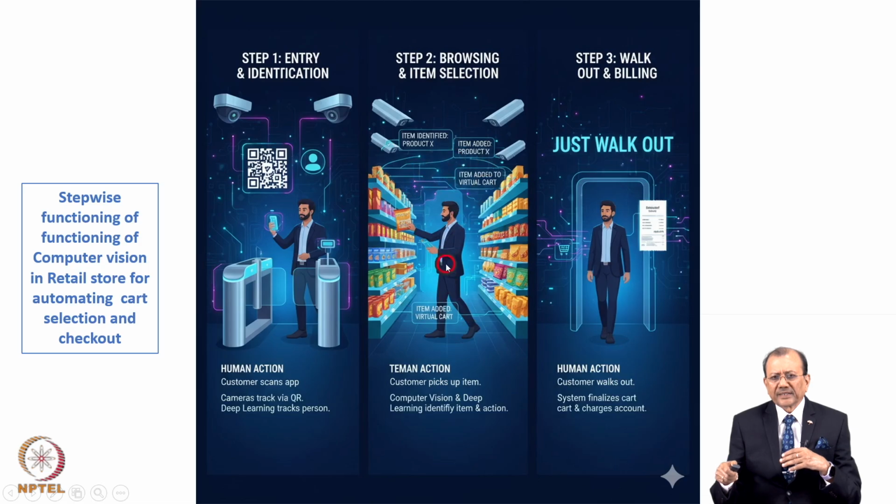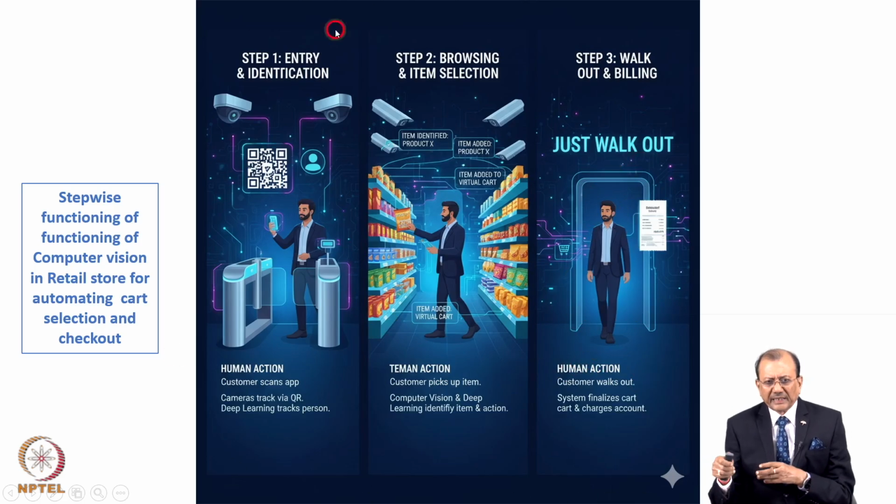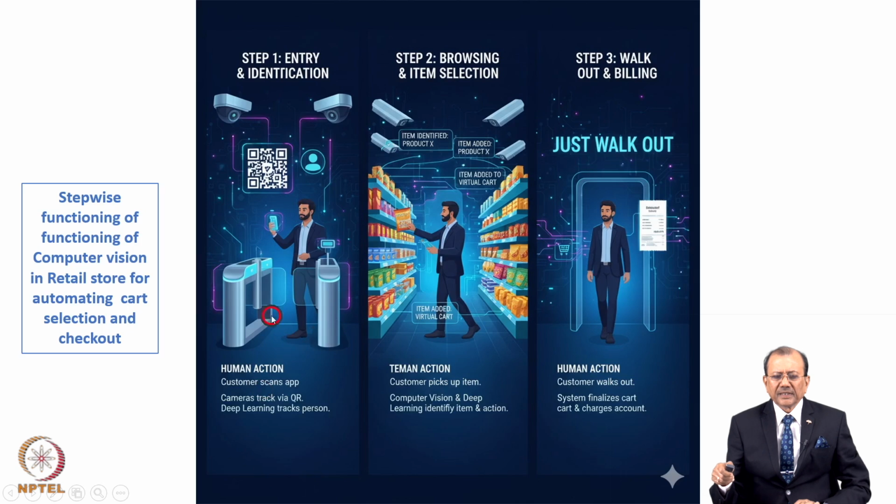Not one item, two items, three items. And computer vision cameras are all the time watching and seeing what this person is selecting. And once his selection is over, at the time of walkout, he need not pick up everything. He will find all these items in the out tray, and the payment will be directed from this payment system. So this is a complete action which is done automatically, and the manual intervention is minimum.